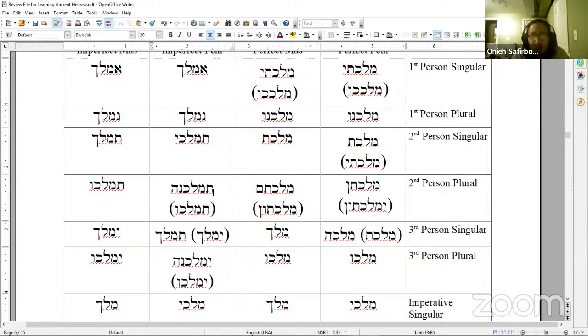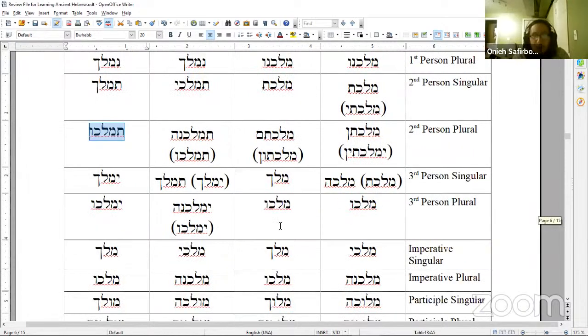Second person plural. The feminine in biblical Hebrew has a nun hey at the end, but in Akkadian it simply has the same form as the masculine. There's no difference between the masculine form and the feminine form. And then likewise,